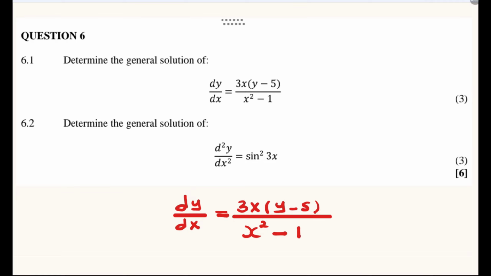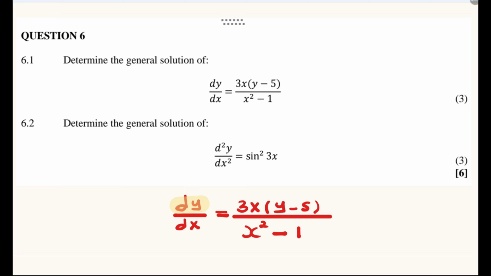My name is Bino. In this video, we go through question 6 from the March 2025 N5 mathematics question paper. Question 6.1, we determine the general solution of this differential equation, and the first step is for us to